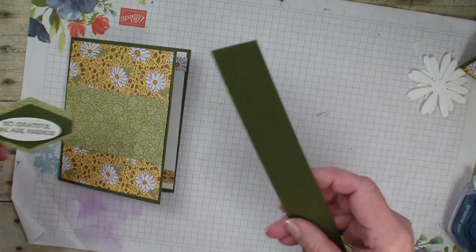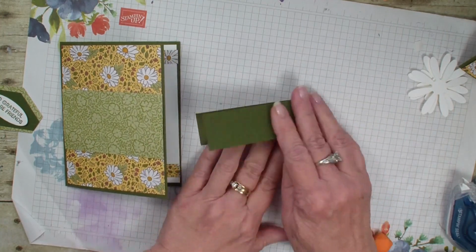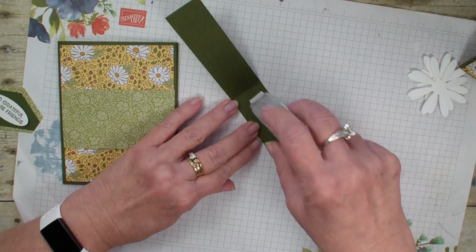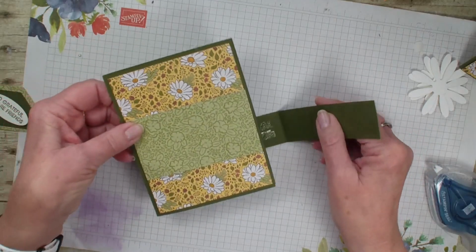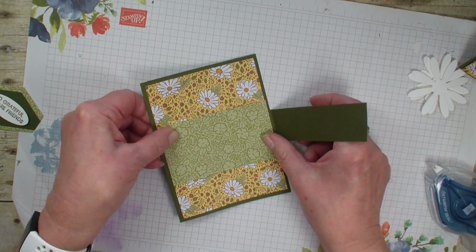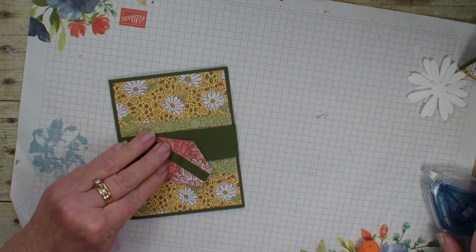Next, what I have is a piece of that Mossy Meadow. It's 1 1/4 by 8 1/2, and I've already scored it at the 4 1/4. I'm going to add my adhesive, and this is just going to have a fun flap opening. So we're just going to put that right about there. We're going to add